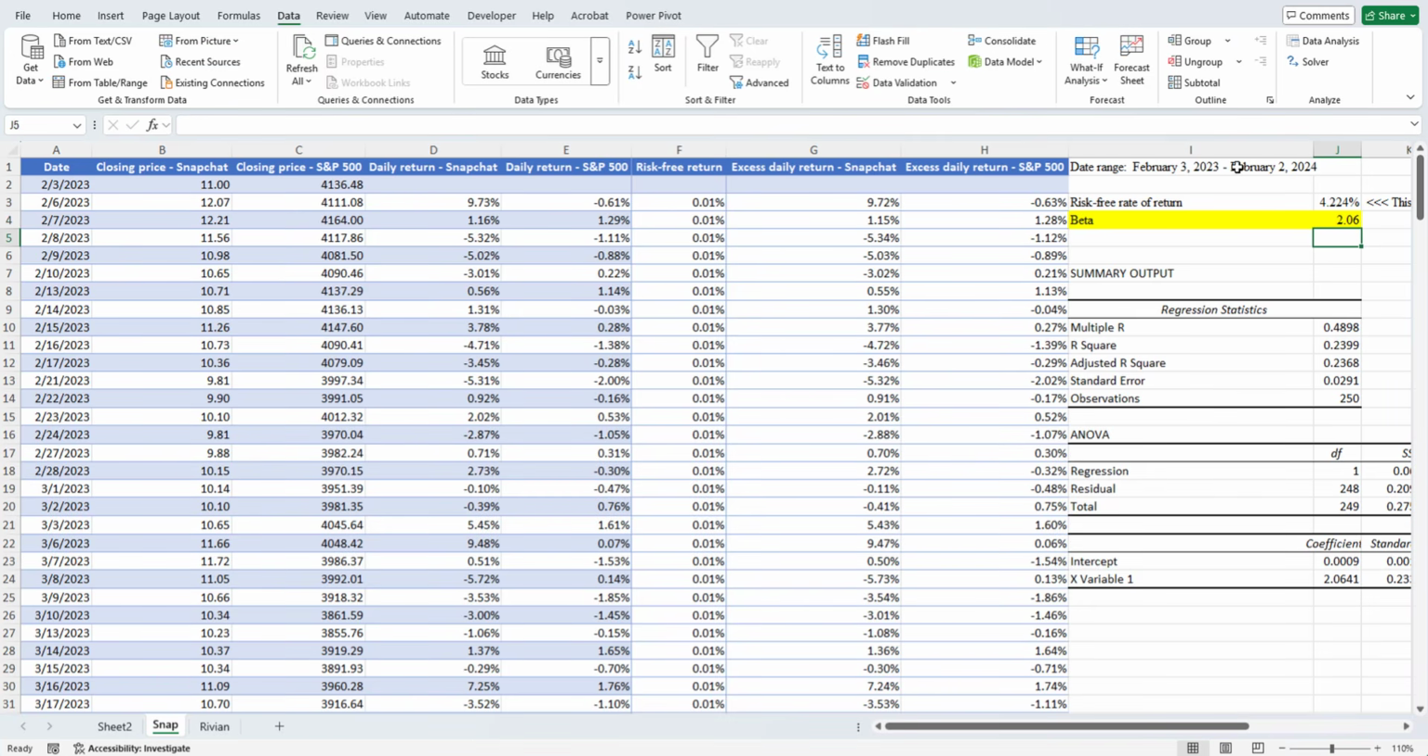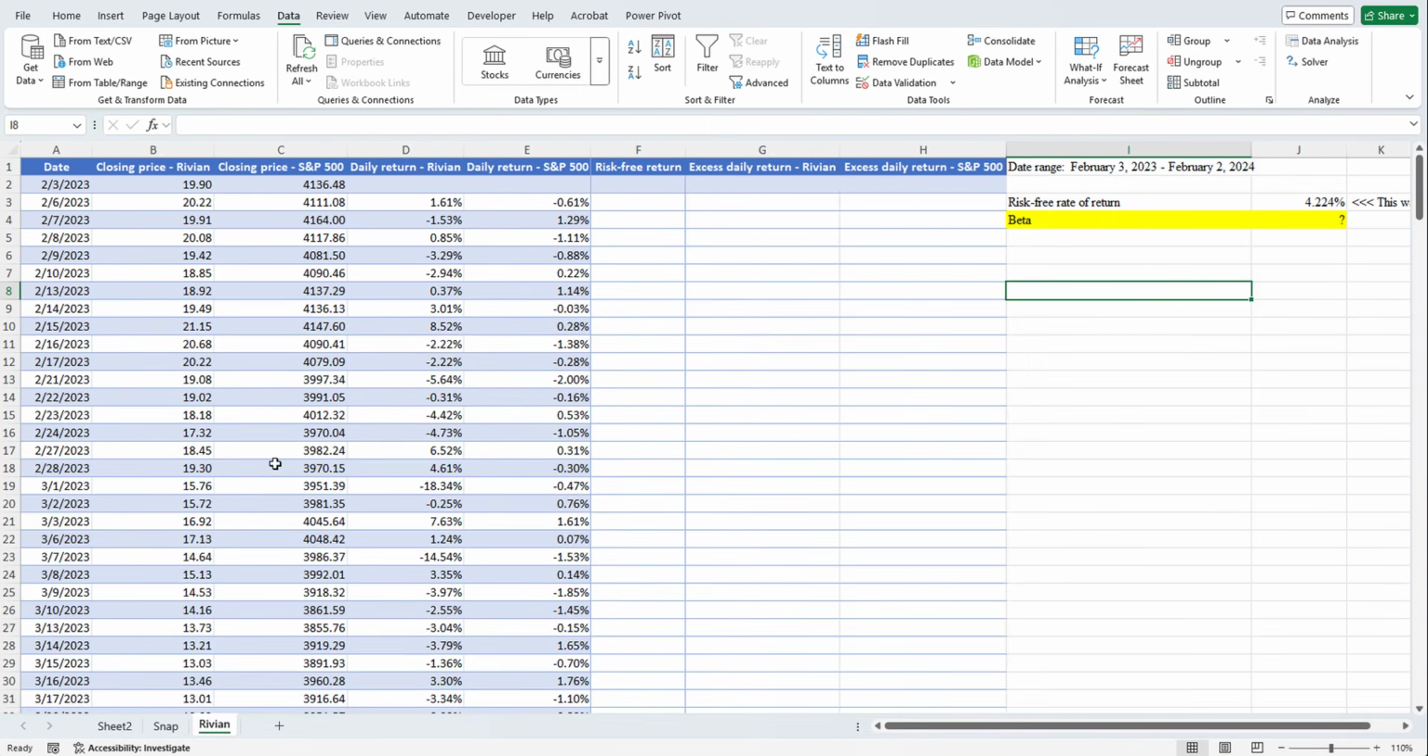So basically, based on data from this period of time, February 3rd, 2023 to February 2nd, 2024, based on that historical data, we see that there's a pretty high beta here for Snapchat. So if there's a 10% increase in the market, we'd expect a slightly more than 20% increase for Snapchat based on the historical data from this time period. Now, we'll do a second example with the company Rivian,